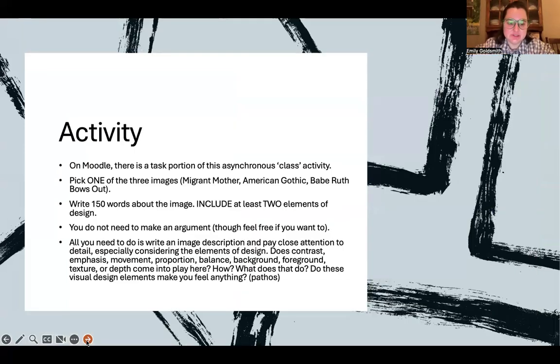Okay, so what you're going to do on Moodle is you have 3 images to choose from for this activity. These are 3 famous photographs: Migrant Mother, American Gothic, the photograph, not the painting, and Babe Ruth Bows Out. You're just going to pick one of these 3 famous photographs and write 150 words about the image. You'll go back and you'll pick 2 of the elements of design I just blitzed through. And you don't need to make an argument or have a thesis, though of course you can if you want to. All you're going to do is for that 150 words, you're going to write an image description and pay really close